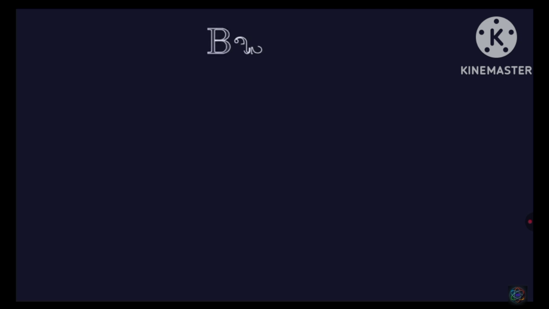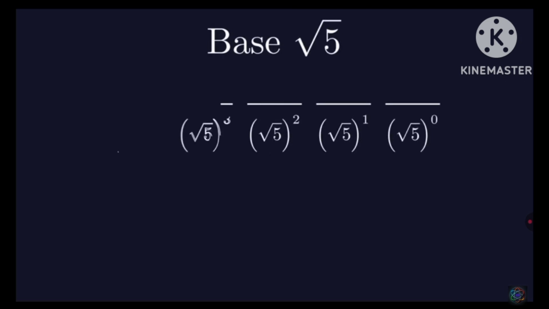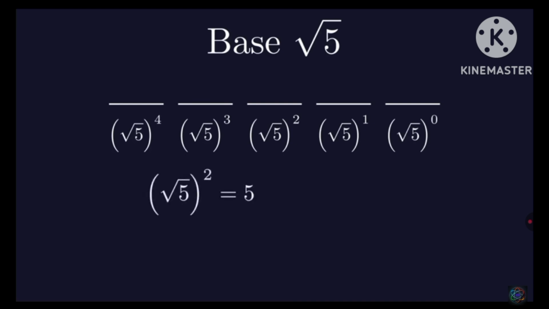For example, base square root of 5. In this base, digits represent powers of the square root of 5. This base has a lot in common with base 5, because the square root of 5 raised to the power of 2 is equal to 5. The square root of 5 raised to the power of 4 is equal to 5 to the power of 2. In general, the square root of 5 raised to the power of 2n is equal to 5 raised to the